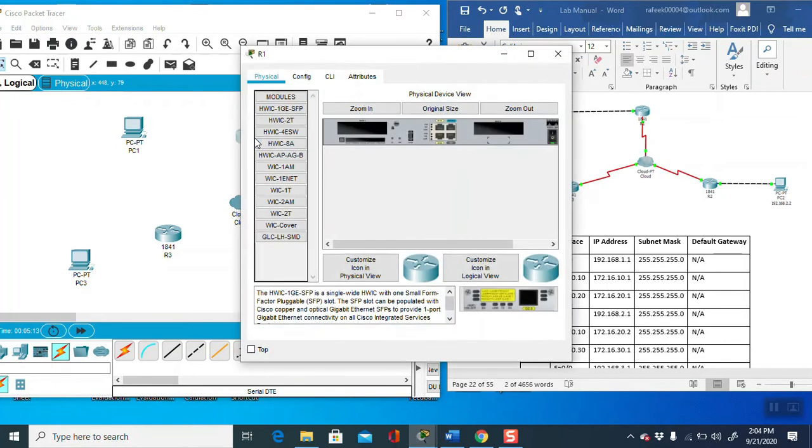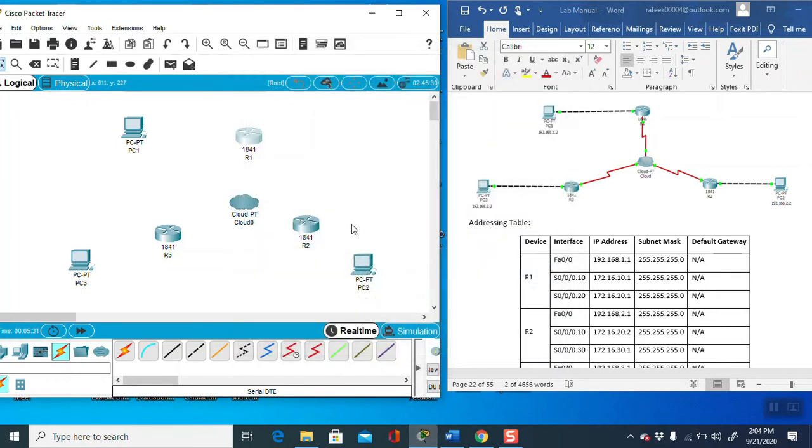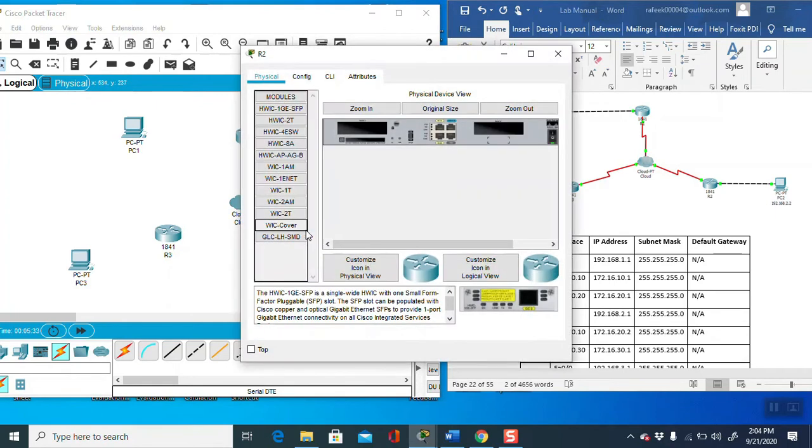So how to add the port? Go here and select WIC-2T. Before adding the port you have to turn the router off. When you turn it off, then add, and when you have added, turn it on again. The same way we have to add the port inside all the routers.